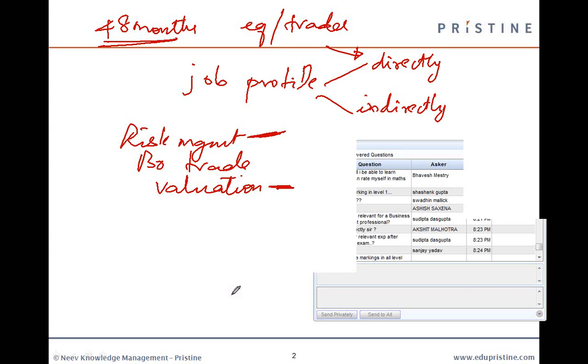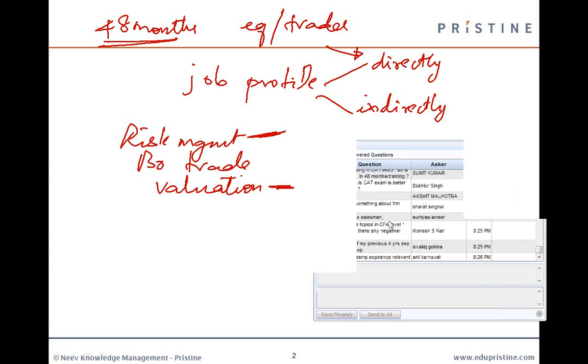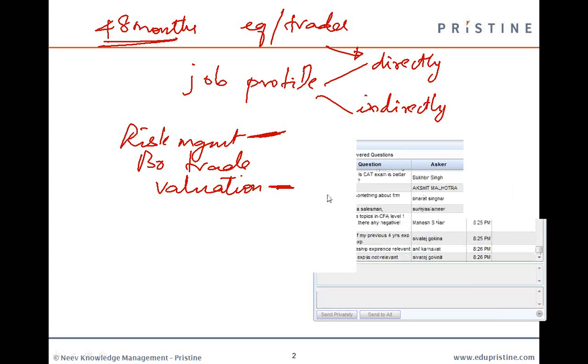And while giving your CFA exam, the experience that you gain can also be used for charter purposes, which means that let's say it takes around 2.5 to 3 years for you to pass the CFA exam. In those 3 years, if you're working in a relevant job profile, then all that you need to do is get another year of experience in a relevant job profile, and then you're ready for getting the CFA charter. So one of the advantages of CFA not being a full-time program is that your experience while you're studying also matters. So I would suggest get into that. That will be useful.